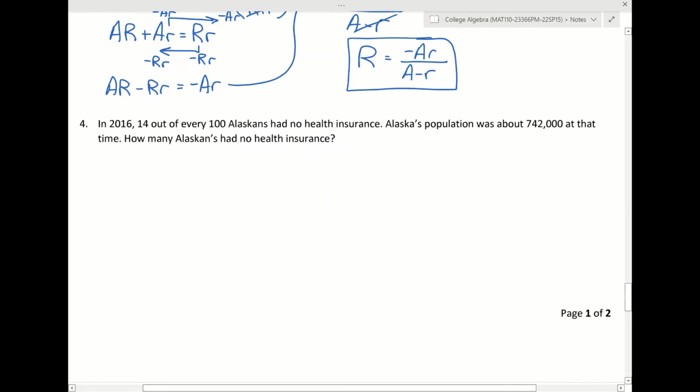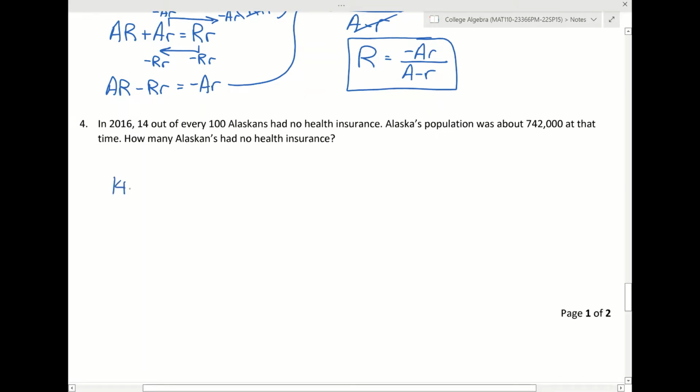For problem number 4, it says 4 out of every 100 Alaskans had no health insurance. Alaska's population was 742,000 at that time. How many Alaskans had no health insurance? So it looks like we have to set up some kind of proportion. A proportion is one fraction compared with another fraction. So it looks like